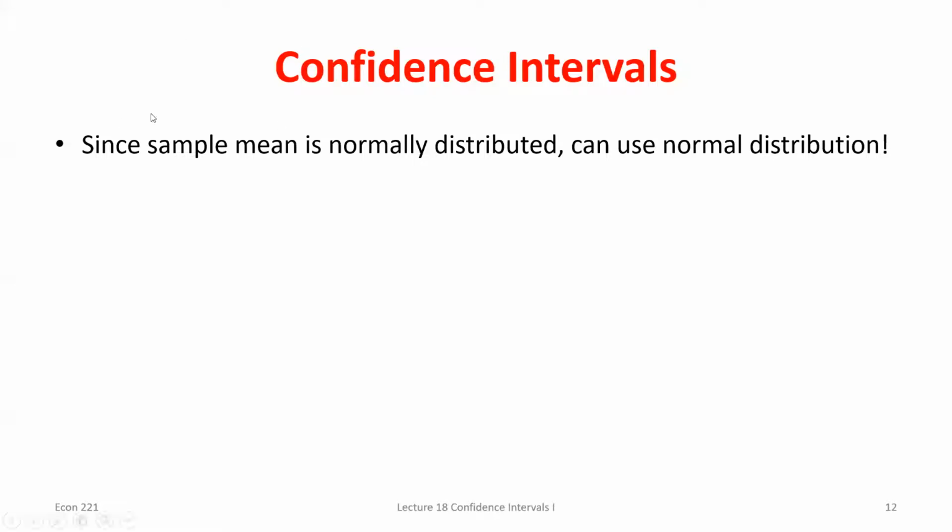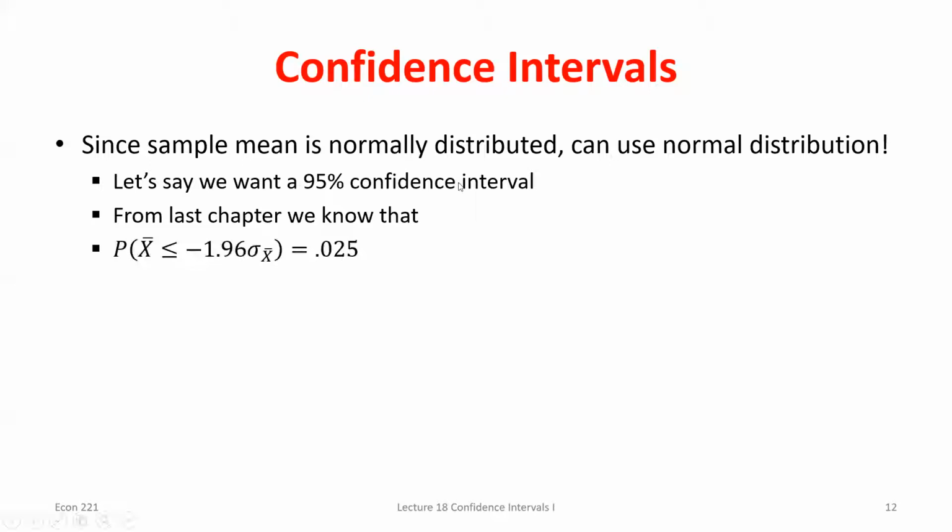So if I know the sample means are normally distributed, I can think about something like, if I wanted to say something with 95% confidence, if I wanted to give you the 95% confidence interval for what the true average income in the US is. Well, if I see $45,000 for my sample mean, how do I choose that W? That would give me 95% confidence that I could say the true mean income is somewhere in this range. Well, if we go back to last week, we know that if I go 1.96 standard deviations below my true mean, the probability I see something further than that away from the mean is 0.025.